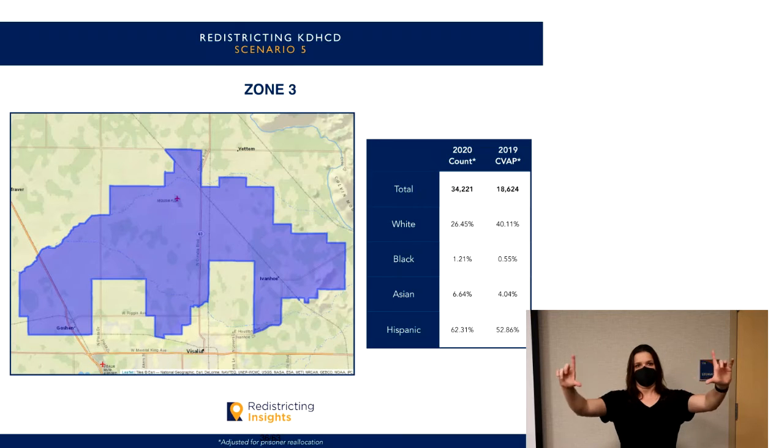And then we have this very large northern one, large by area. It is 3.33% over for population. It is majority Hispanic CVAP, takes in Goshen, and then stretches over and takes in this northern part of Visalia, and then reaches over and takes in Ivanhoe as well. And then the last one from this plan.